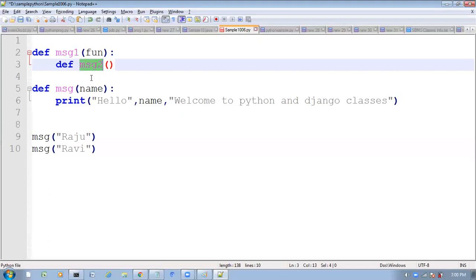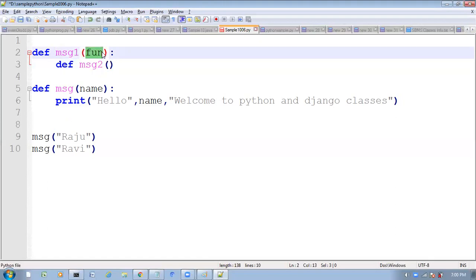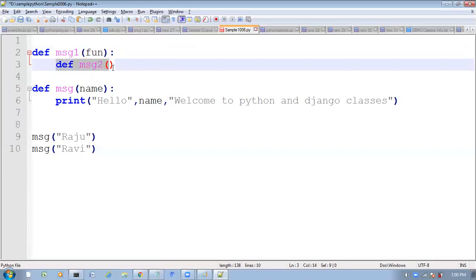Inside message1, whatever input function you pass is there as it is, and I am not making any changes in that function. But inside this decorator function I am taking one more function, message2, and inside that message2 I am going to make the required modifications. Finally I am going to return this message2 as the output.